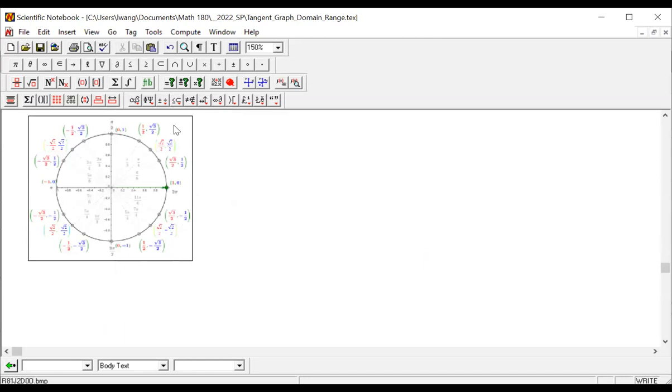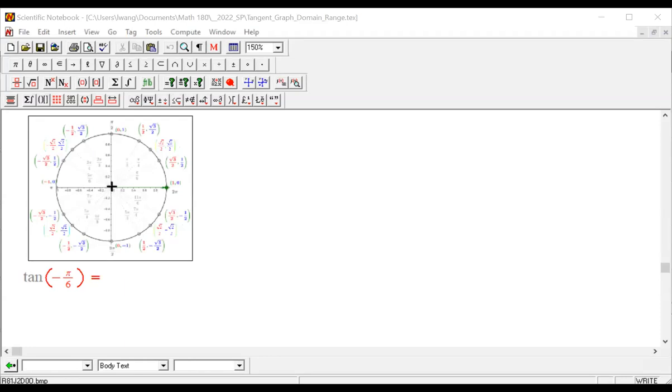We're going to look at tangent of negative pi over 6, that's in the fourth quadrant. If we go back to our definition, which we always like to do,